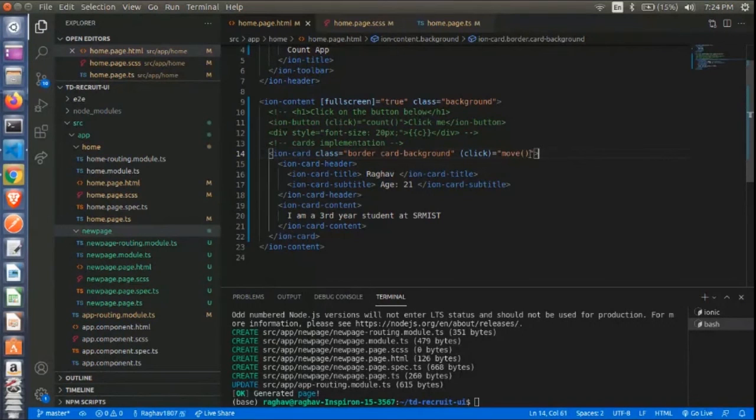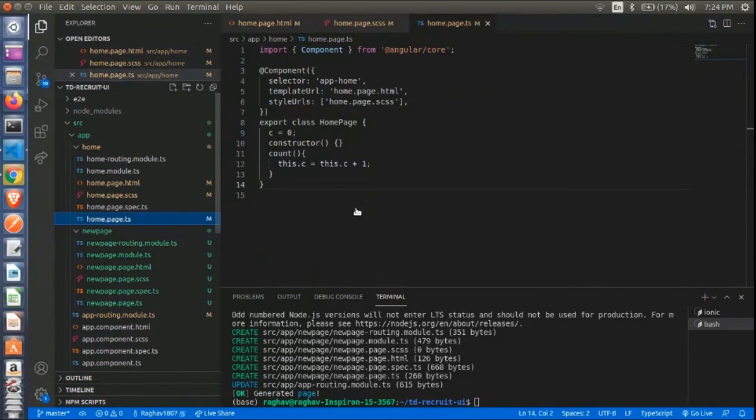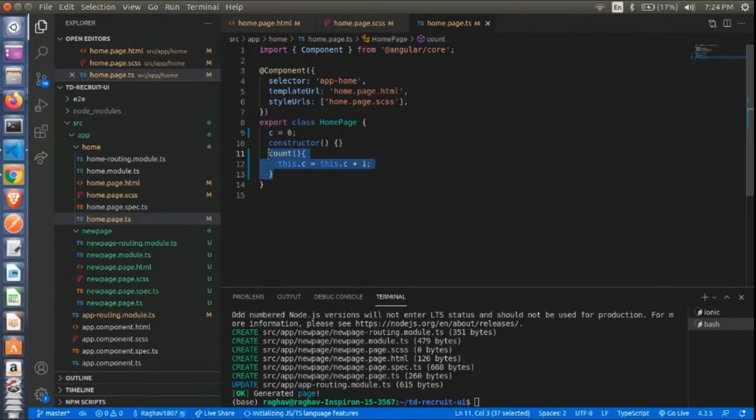Now, the same function we have to declare in our home.ts file. You can comment out this code which was previously there by Control forward slash, and here also Control forward slash. Now next we declare the same function that we declared in the click event.